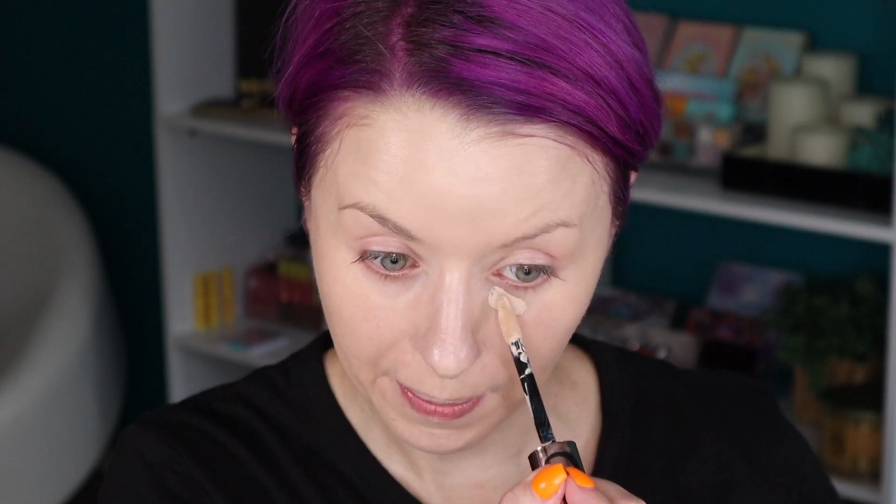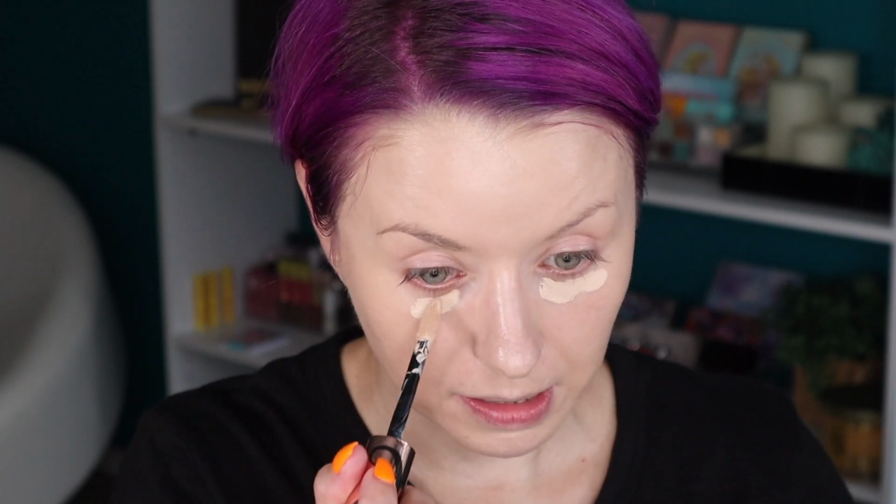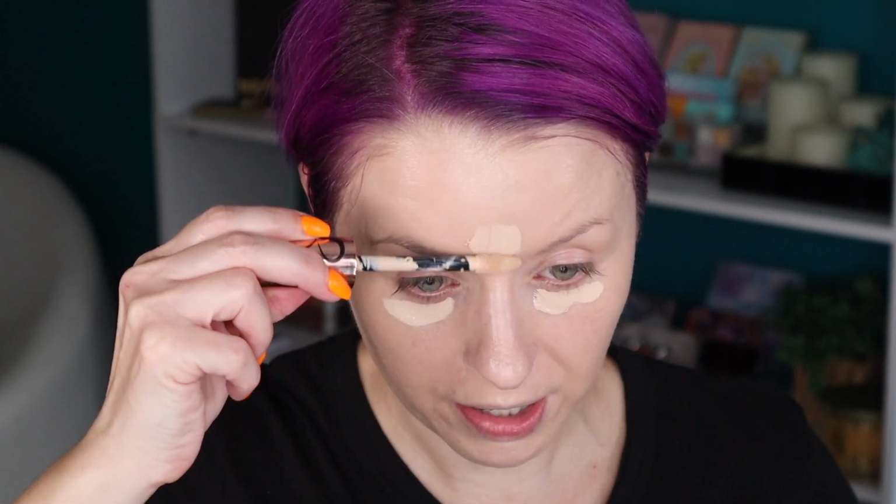All right, let's start applying the Magic Touch Concealer. Once again, I am in shade 3. A little here. So today is day 1. I'm going to set one eye and then the other I'm not going to set. I do want to mention I went in with the ABH foundation. This is their Luminous Foundation and I use the shade 160C in this one. All right, so let's start